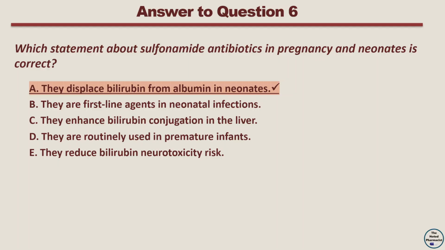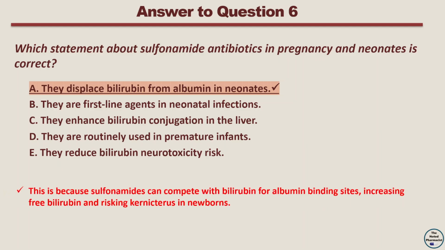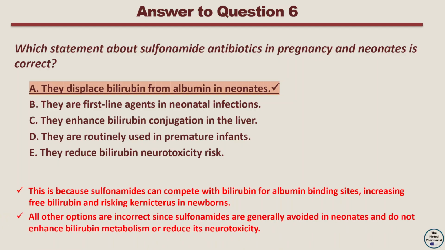The correct answer is option A. They displace bilirubin from albumin in neonates. This is because sulfonamides can compete with bilirubin for albumin binding sites, increasing free bilirubin and risking kernicterus in newborns. All other options are incorrect since sulfonamides are generally avoided in neonates and do not enhance bilirubin metabolism or reduce